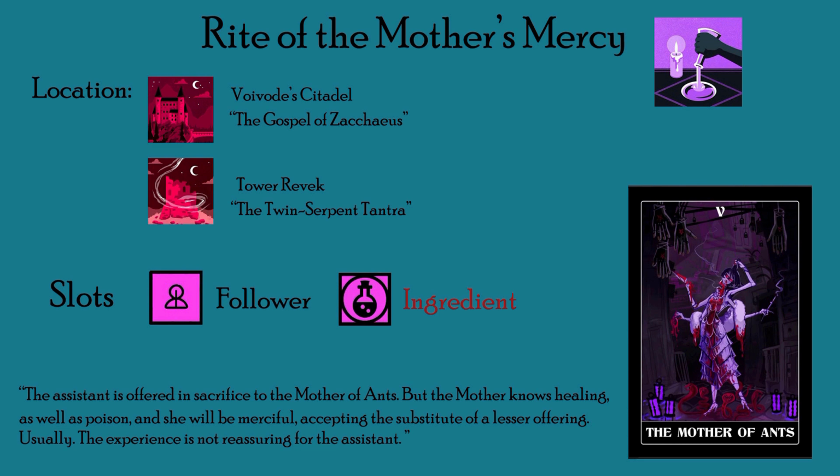The assistant is offered in sacrifice to the mother of ants, but the mother knows healing as well as poison, and she will be merciful, accepting the substitute of a lesser offering. Usually, the experience is not reassuring for the assistant. Obviously, this is dedicated to the mother of ants, but what the description indicates is that this is probably a rite that was originally meant for the entity that she replaced, the 7 Coils, which is a sort of primordial